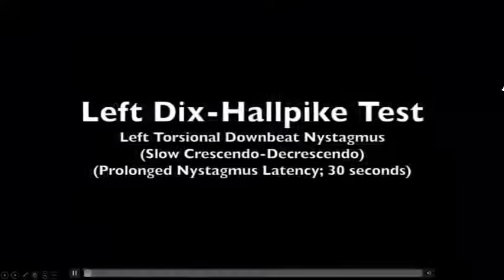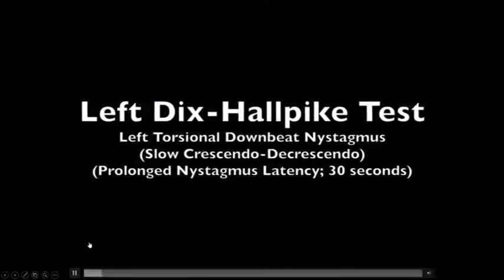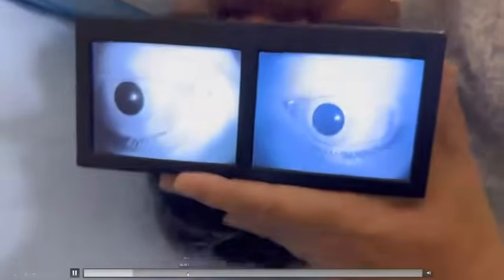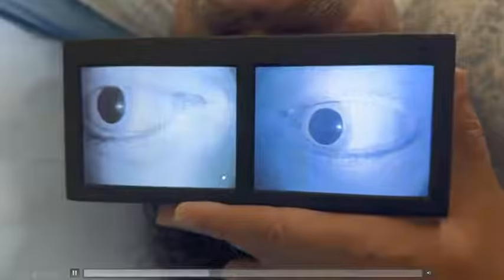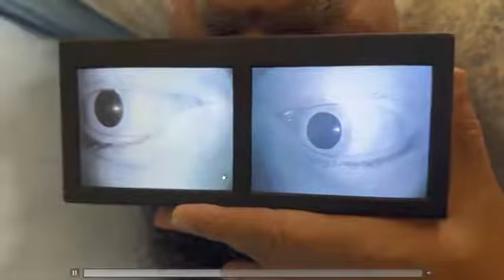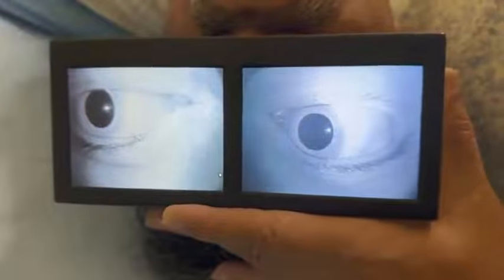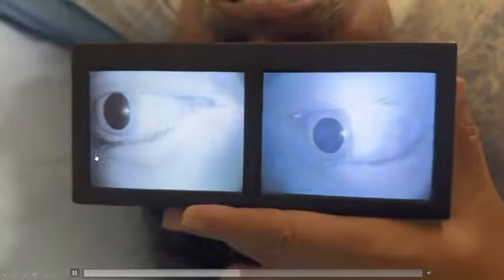Case 2 is a 53-year-old male who came with a history of positionally triggered dizzy spells for the past 4 days. The left Dix-Hallpike test, after a latency of 30 seconds, shows a downbeating left torsional slow crescendo-decrescendo nystagmus. Fast forwarding to that point, there you see a downbeat nystagmus,